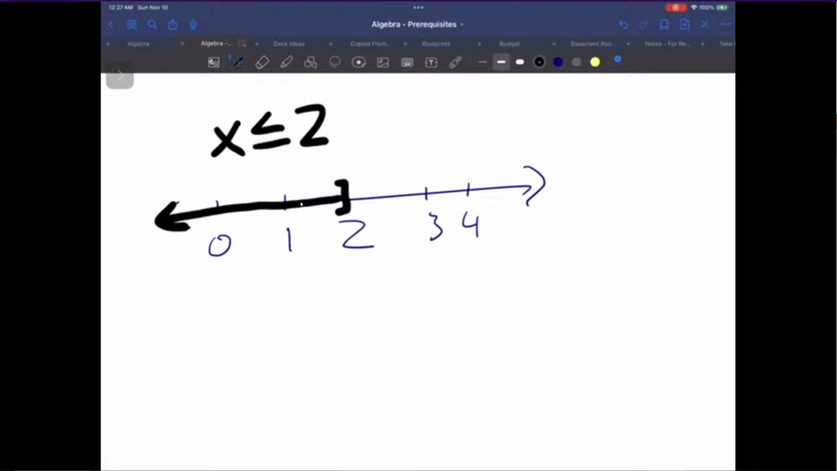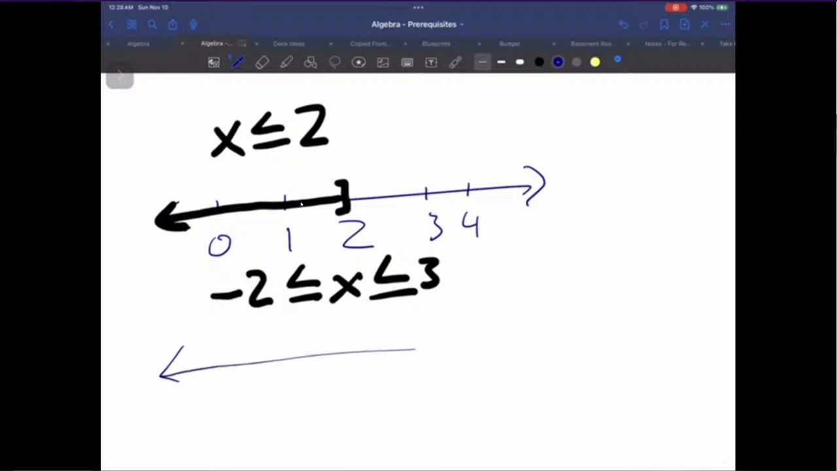The inequality, and we'll write the inequality first this time, -2 is less than or equal to x, which is less than or equal to 3. What this means is if we have a number line, and we have -3, -2, -1, 0, 1, 2, 3, then this inequality means that x is greater than